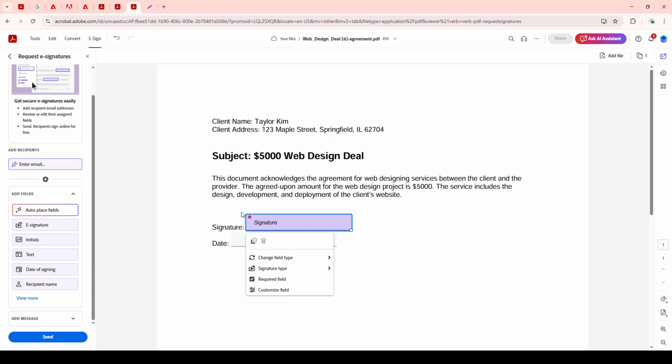Next up is specifying whether these fields are required or read only for your recipients. This is done with the purpose of guiding each signer on what's mandatory for them to fill out and what's not. Making fields required ensures no crucial information is missed, while read-only fields can be used for reference or information